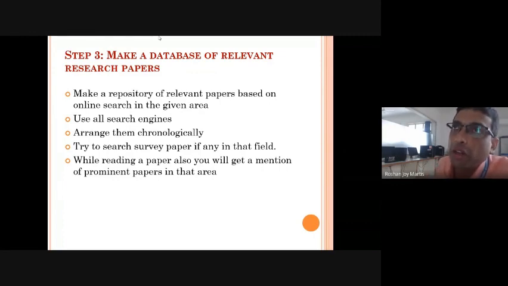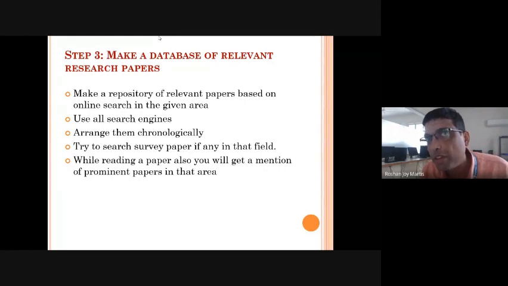Once you retain these 30-40 papers, take a printout or read them fully on the computer and find out what aspects vary across all these papers. I will come to that. Find some aspects in all these papers so that you can differentiate each paper. I will come to that in more detail. Also, try to search for a survey paper.